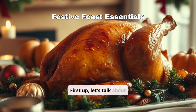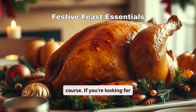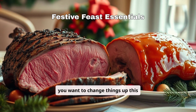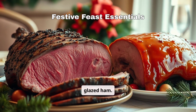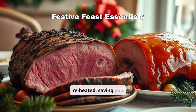First up, let's talk about the centerpiece of any Christmas dinner, the main course. If you're looking for something traditional, you can't go wrong with a perfectly roasted turkey. But if you want to change things up this year, consider a roast beef or glazed ham. The best part about these dishes is that they can be made in advance and easily reheated, saving you time